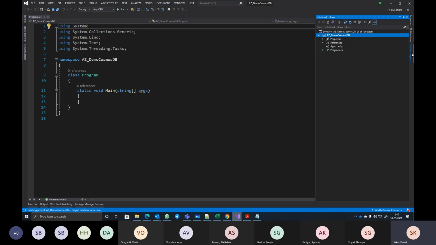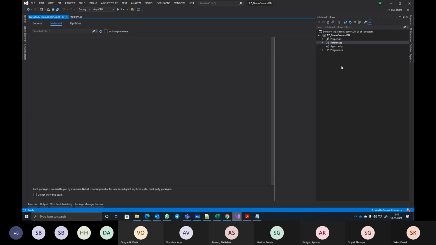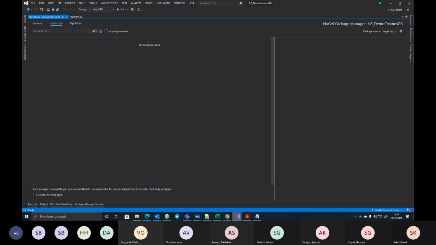We need to add a package for the Cosmos DB SDK, which essentially will be the DocumentDB or Core SQL API SDK. So right click on references and say manage NuGet packages. First go to browse and then search for